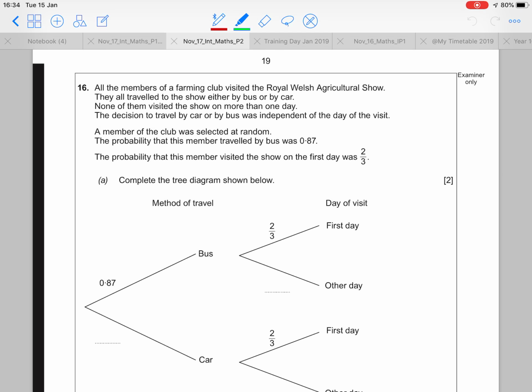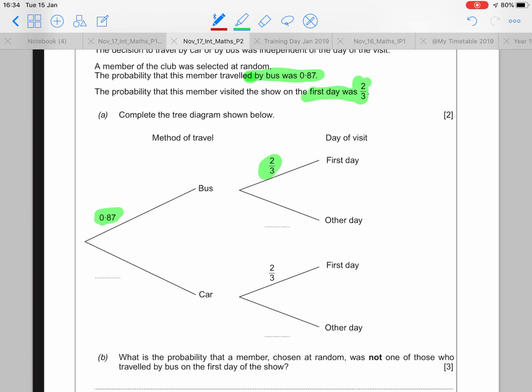And now we're talking about a member of the club that was selected at random, and the probability that the member travelled by bus was 0.87. There it is. The probability that this member visited the show on the first day, 2/3. There it is. So to complete the tree diagram, the probability of bus or car must come to a total of 1. So 1